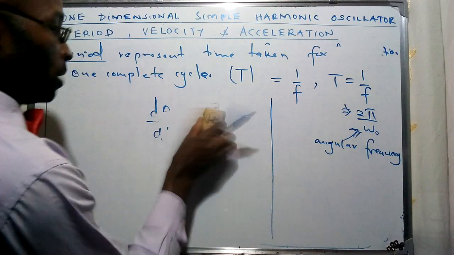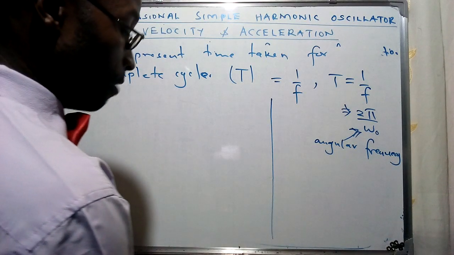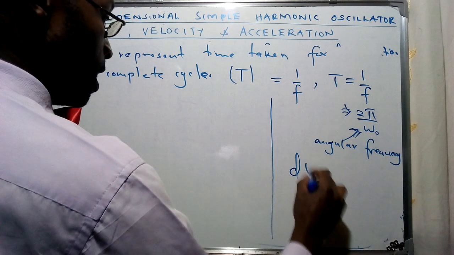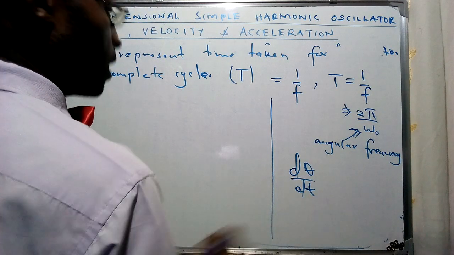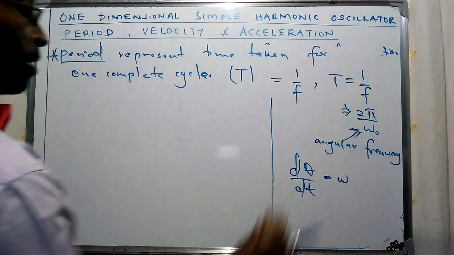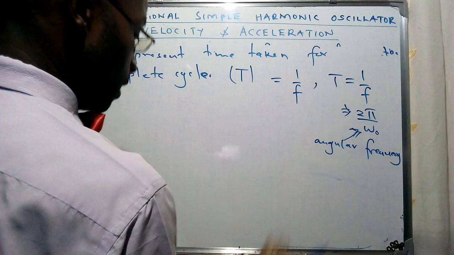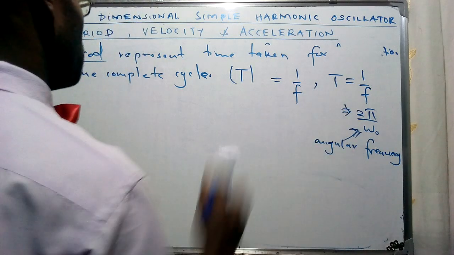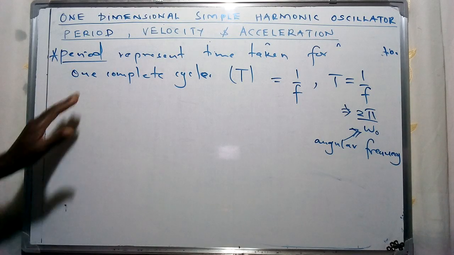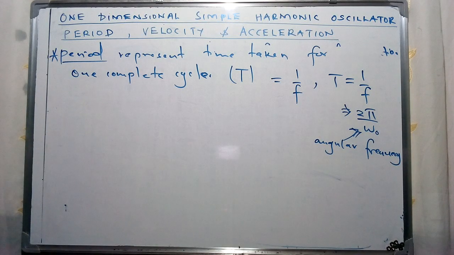And that is going to be differentiating our discussion of the concept of angular frequency from this specific representation for d omega over dt from circular motion, which basically is the same as angular speed. So therefore, this is going to represent our period, which is 2 pi over omega naught. Now, the velocity and acceleration components, which we are going to look at from the simple harmonic motion, can